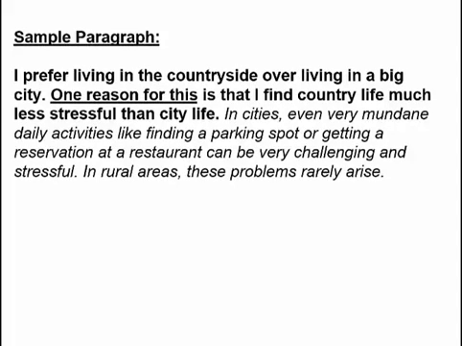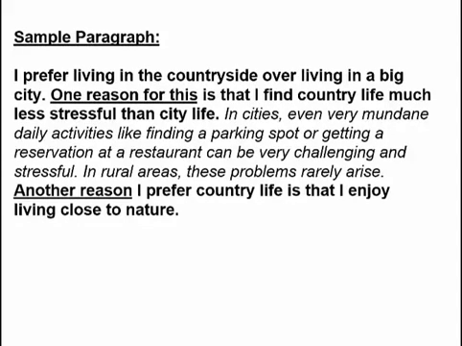You don't have to worry about where you're going to park your car, or you don't have to worry there won't be a space for you at the restaurant you want to go to. In the city, that's common, okay? Here we get a good description of what the writer means by the point that being in the country is less stressful. All right, but we've got a second reason that we saw originally,